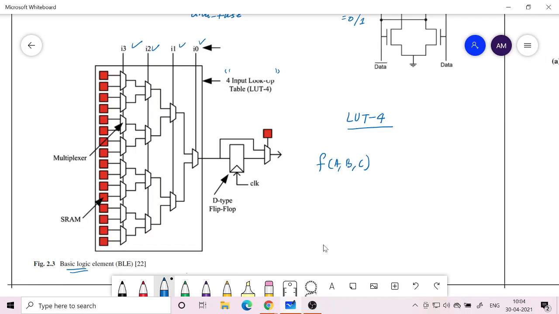How many different logic functions with 2 inputs have I shown in the class? We could have 16 logic functions, right? With 1 bit input you can have 4 logic functions which are possible. So can you tell me how many logic functions are possible with 3 input variables? No, with 2 input variables we can implement 16 Boolean functions, okay?